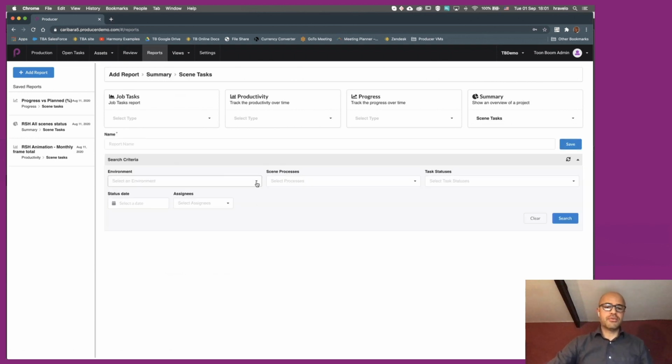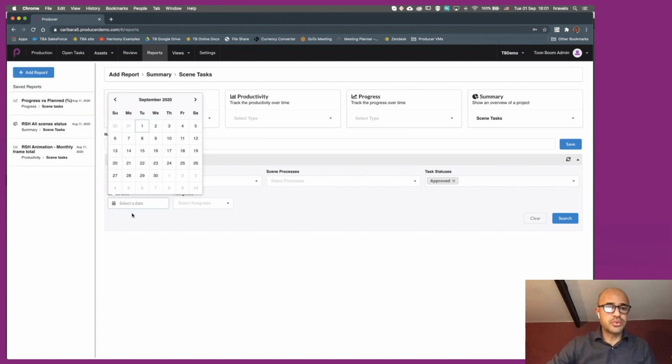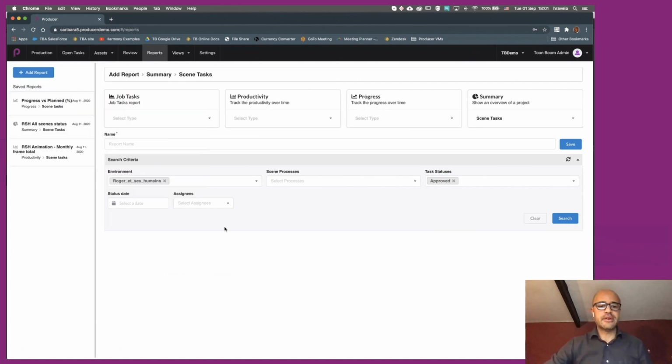I'm just going to do a very broad search by going to the project that we're busy tracking, but you can also go to more details. For instance, you can look at only the things that have been approved. You can also look at a specific date, between which date here, and you can also go by assignee, for example. But let's leave it completely open and do search.